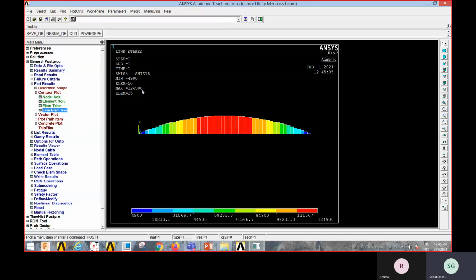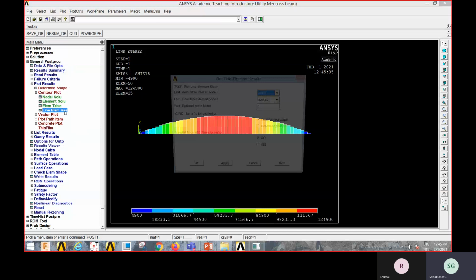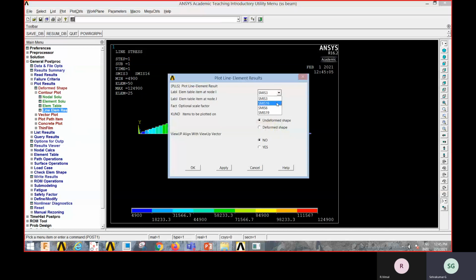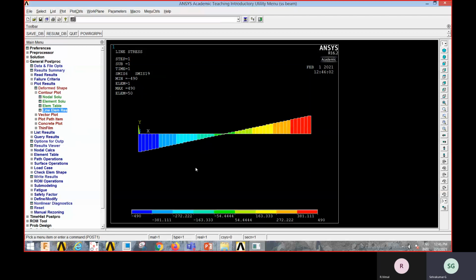The unit you have to follow the same. If you are keeping everything in mm, keep it mm. Meter is also fine. In that case, you have to give every value, Young's modulus, length, cross section, everything in terms of meters. Next is the shear force diagram, 6 and 19. I value and J value are 6 and 19. If you choose these, you can create the shear force diagram.